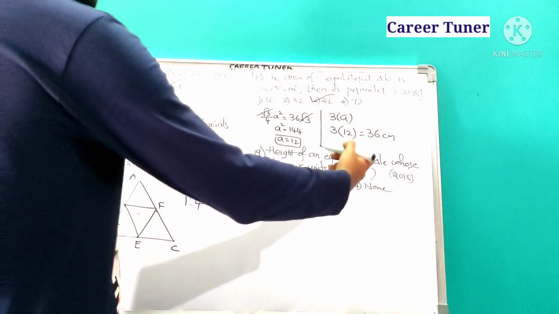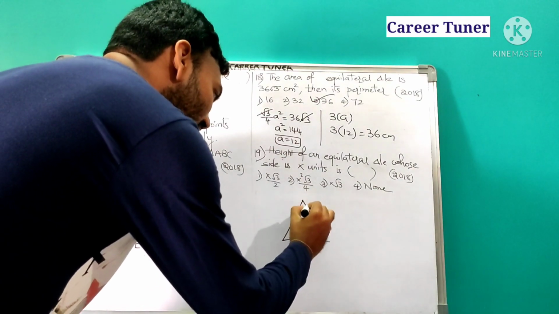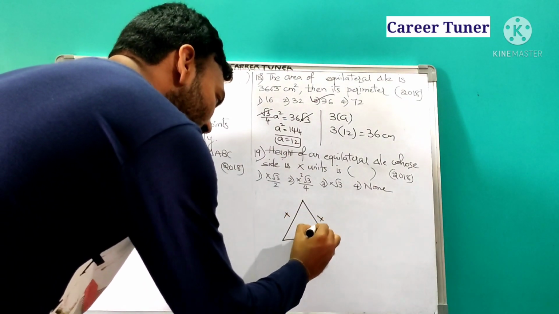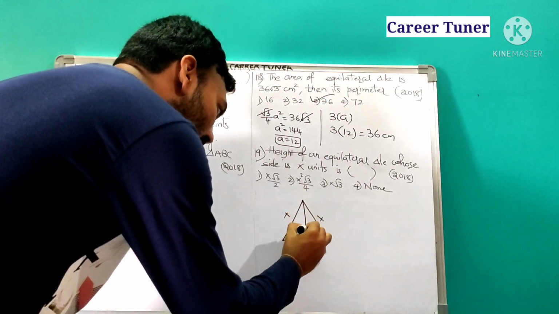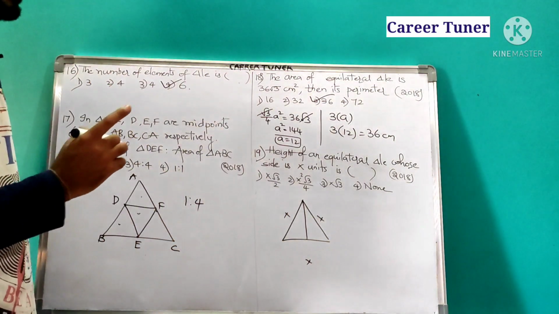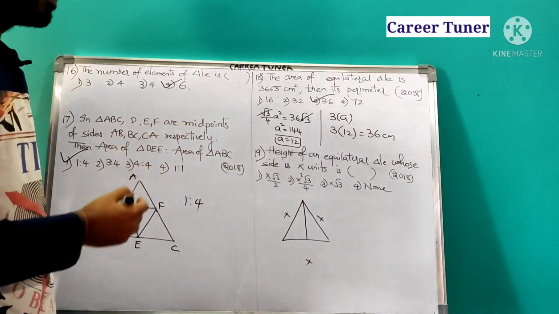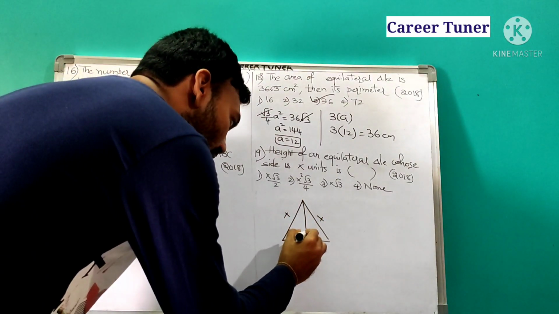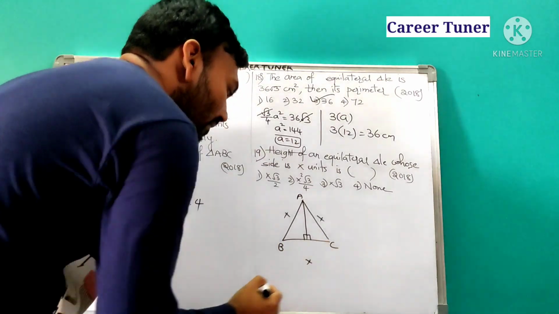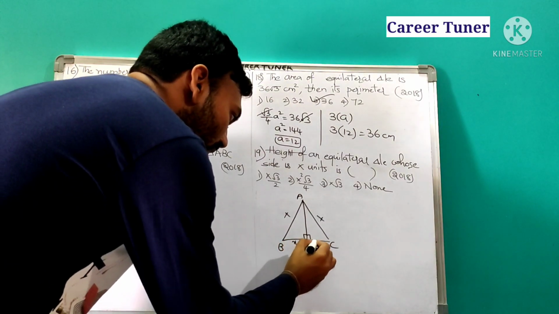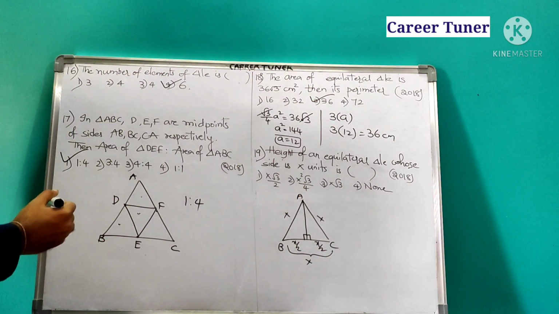Next, height of an equilateral triangle whose side is x units. So here it is given as an equilateral triangle. So this is x, this is x, this is also x. So what are we going to do? We are going to draw a median. One condition you need to remember: in an equilateral triangle, the median and the altitude both will be the same. So this median will form the altitude. So this will become x by 2 and this will become x by 2. So total is nothing but x.